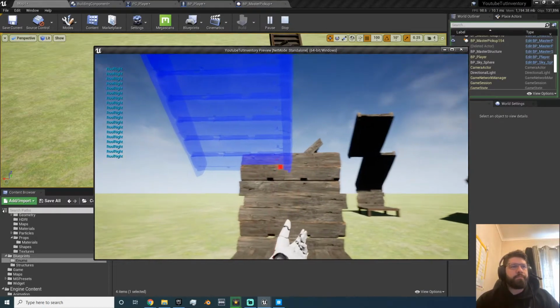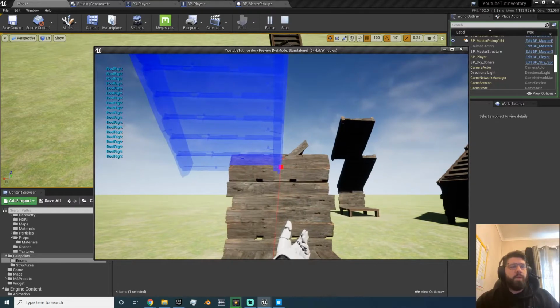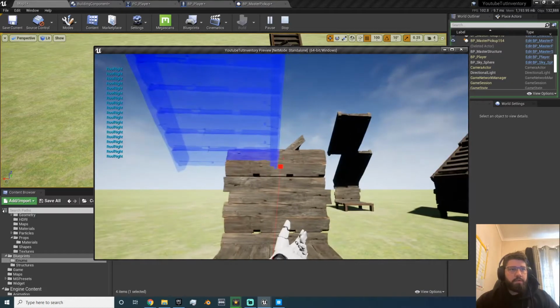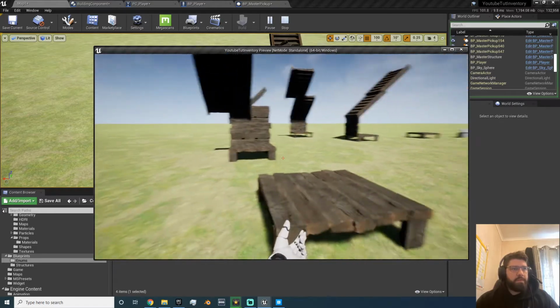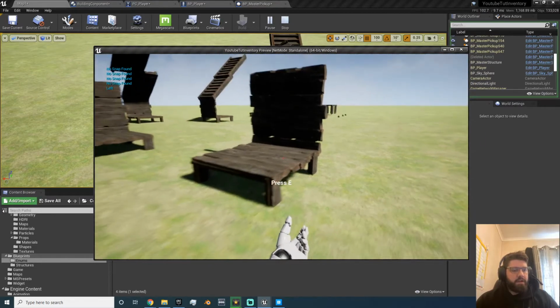So we need to move it 100 units in Y to get that to line up. Alright, so we're going up 200, and then this will be the same here. So if we now snapped it in this direction,